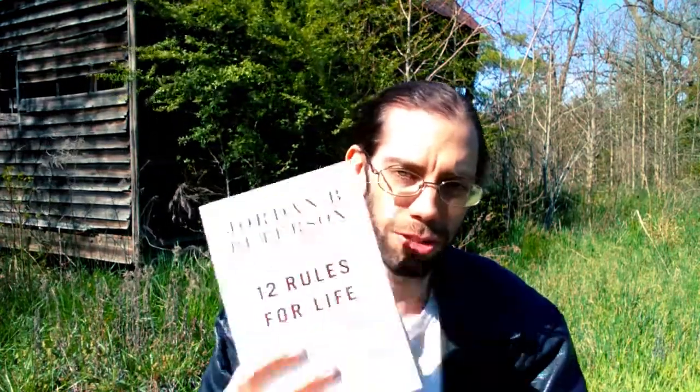First, I want to say, this book is a very good example of how to use this trick and why this trick actually works, because most of these pages are stories and anecdotes from this dude's life and people this dude has known. Stories and anecdotes. And this is a great way of selling books, because